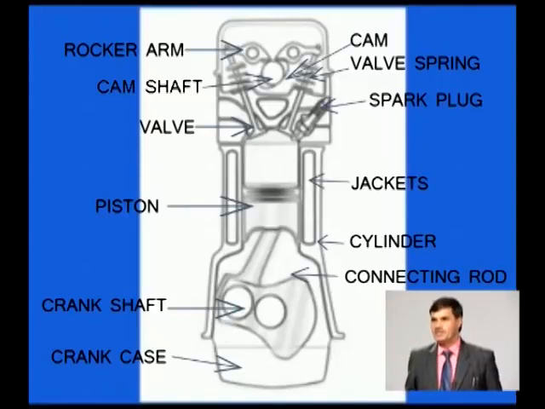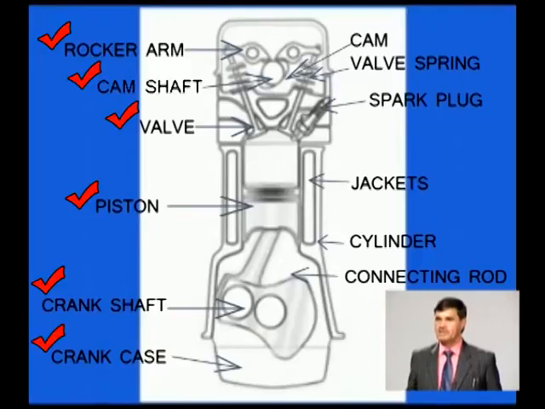So, the major components of the engine are rocker arms, which are operating the valves. We have the camshaft, which is rotating and giving work input to the rocker arm for the purpose of opening these valves. Valves are responsible for bringing the fresh mixture into the cylinder and exhausting the burnt products. The piston is reciprocating, which is converting the chemical energy or heat energy into work. The crankshaft is rotating, giving useful output. The crankcase is housing the crankshaft and carrying the lubricating oil also. The connecting rod is a component which is connecting the piston and crankshaft.